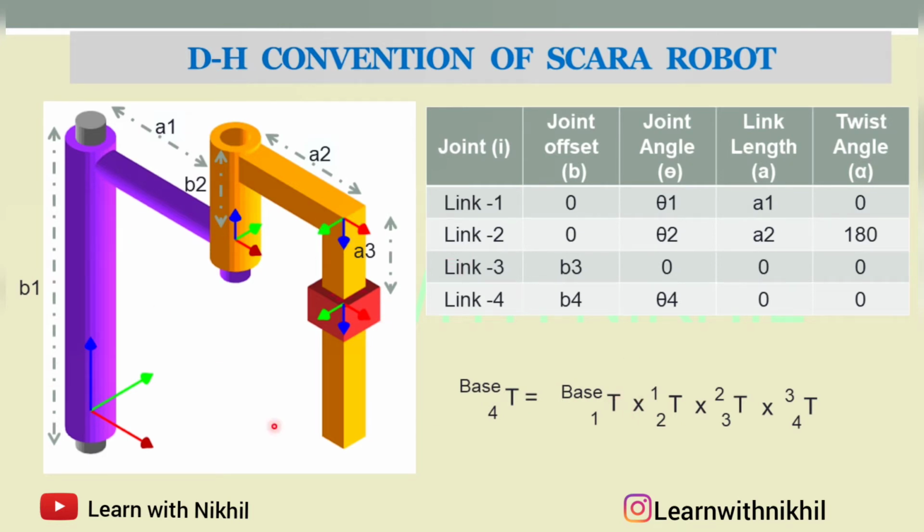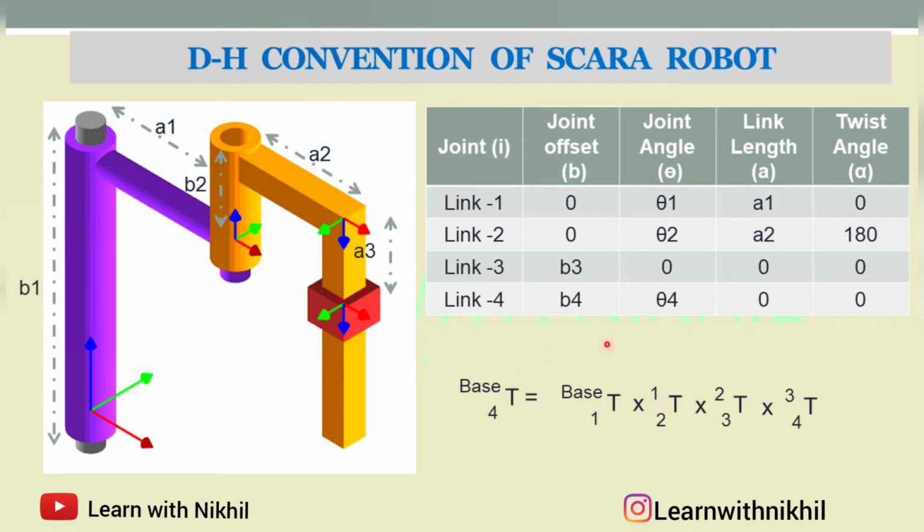So that is equal to dividing all these things; you have to calculate each joint, that is the transformation of base with respect to 1. This is considered as base, this is 1, this is 2, this is 3. So the transformation of base with respect to 1, multiplied by the transformation of 2 with respect to 1, the transformation of 3 with respect to 2, and the transformation of 4 with respect to 3. Like this we have divided it, and we will calculate each and then multiply. I'll explain all these things using the RoboAnalyzer software also, so it will be much clearer.